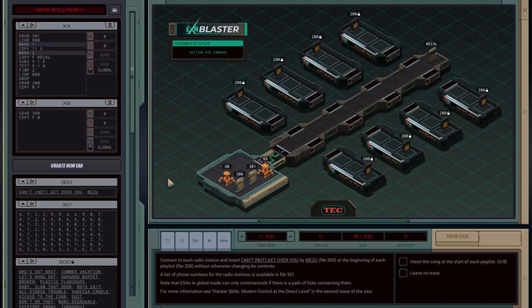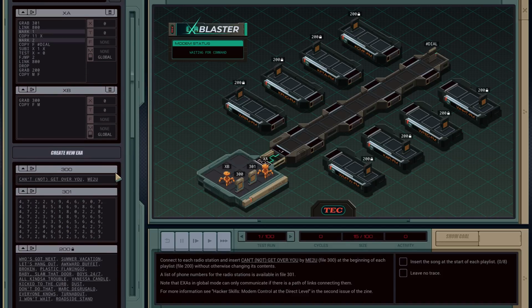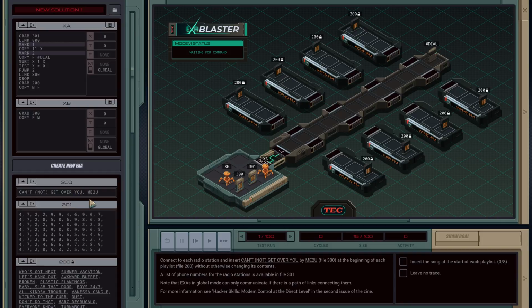So how do I do this? How do I start copying at the beginning without overwriting? I mean, having another bot's probably the answer here. Yeah, I think that's what we're gonna have to do. As much as I hate it, I feel like this is the answer. So you're gonna drop